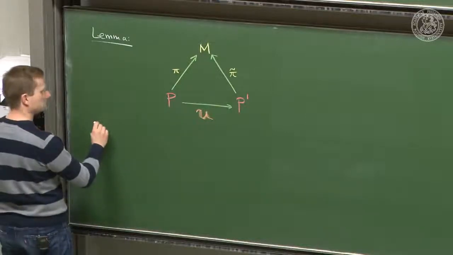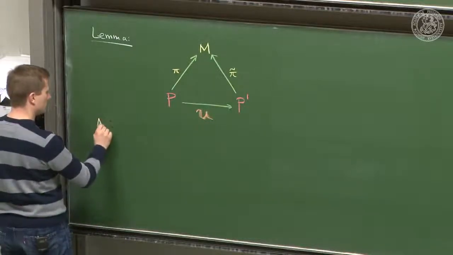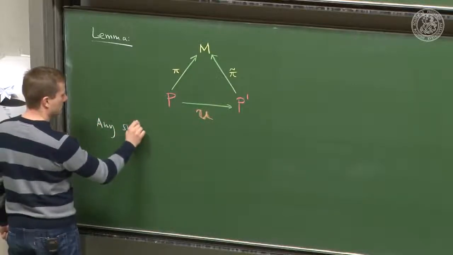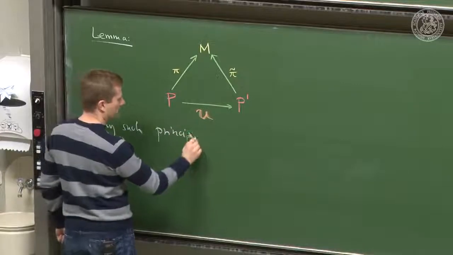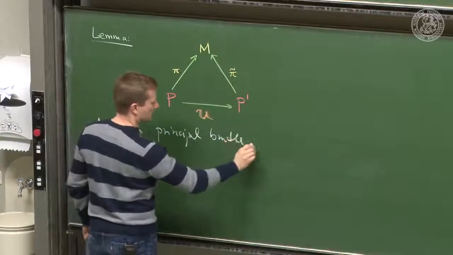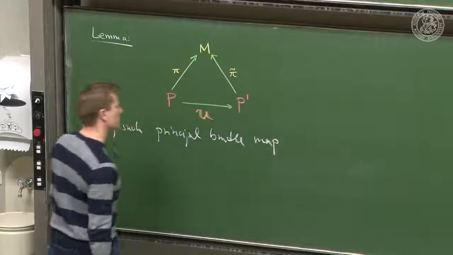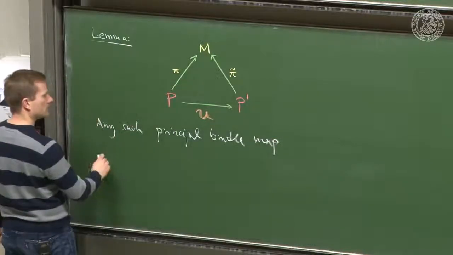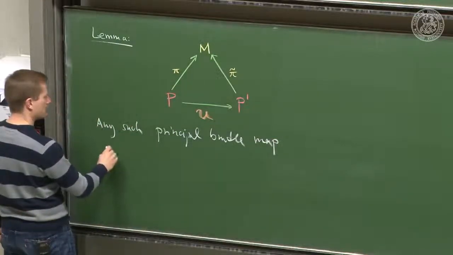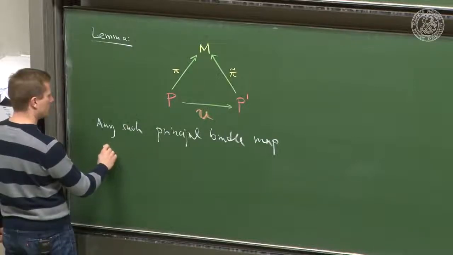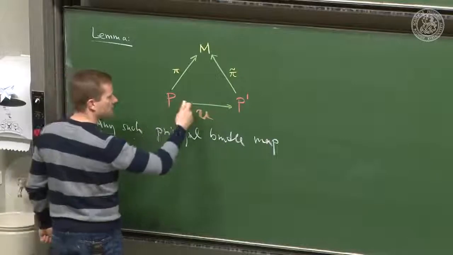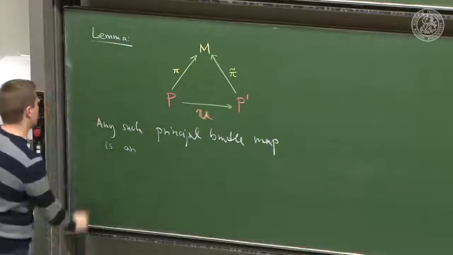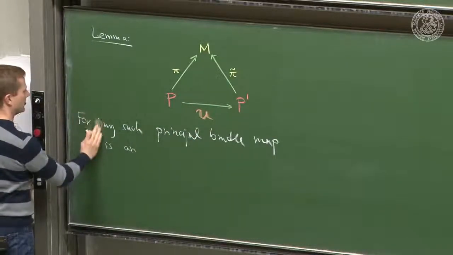And the claim is that any such principal bundle map is an isomorphism U. Okay, so for any such principal bundle map,